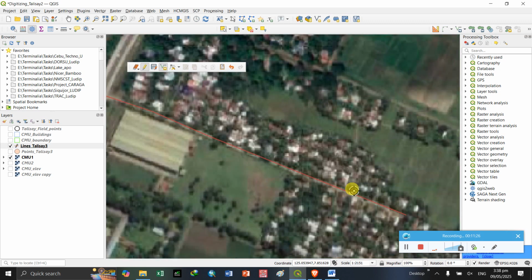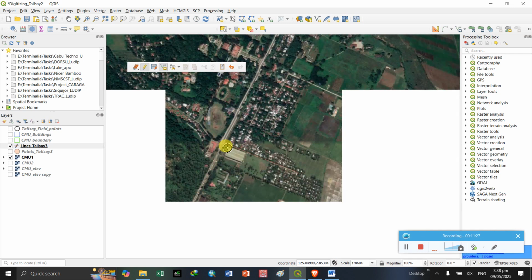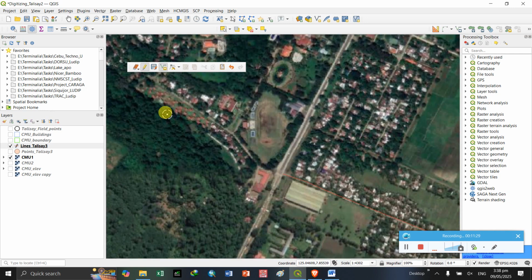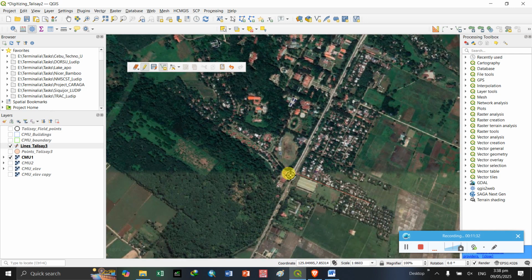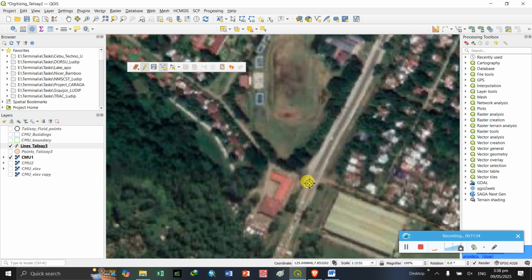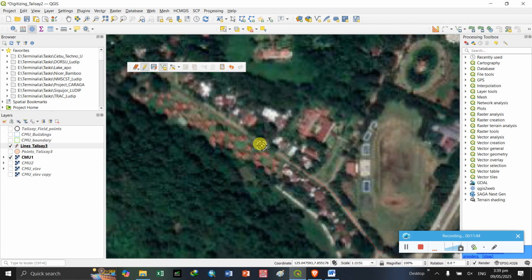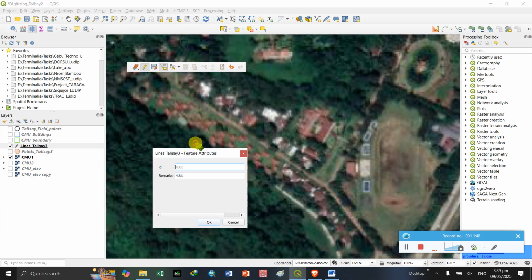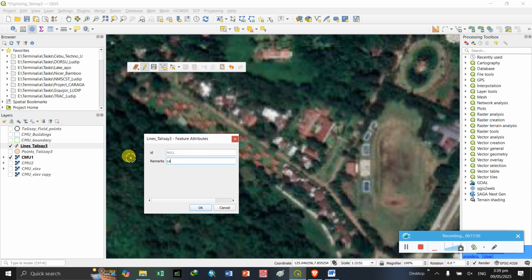Then I have a new line, and then I want to have a Lawaan, from market to Lawaan. Okay, click, click, click, click, and then okay, right click, and then Lawaan Road.